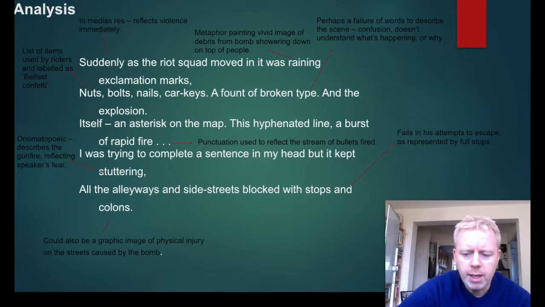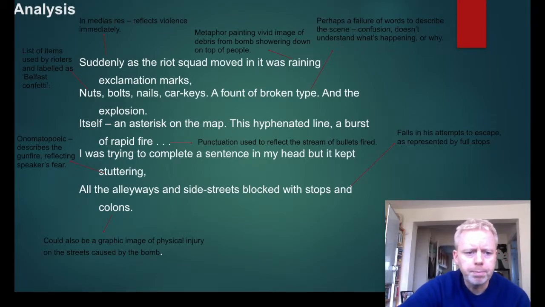So, it suddenly starts in the middle of the action, which reflects the violence immediately. "It was raining exclamation marks," a metaphor painting a vivid image of the debris from the bomb showering down on top of people. Remember, like confetti falls out of the sky. We're talking about this list here: nuts, bolts, nails, car keys, anything that could inflict damage on the victims or the targets for the bomb and